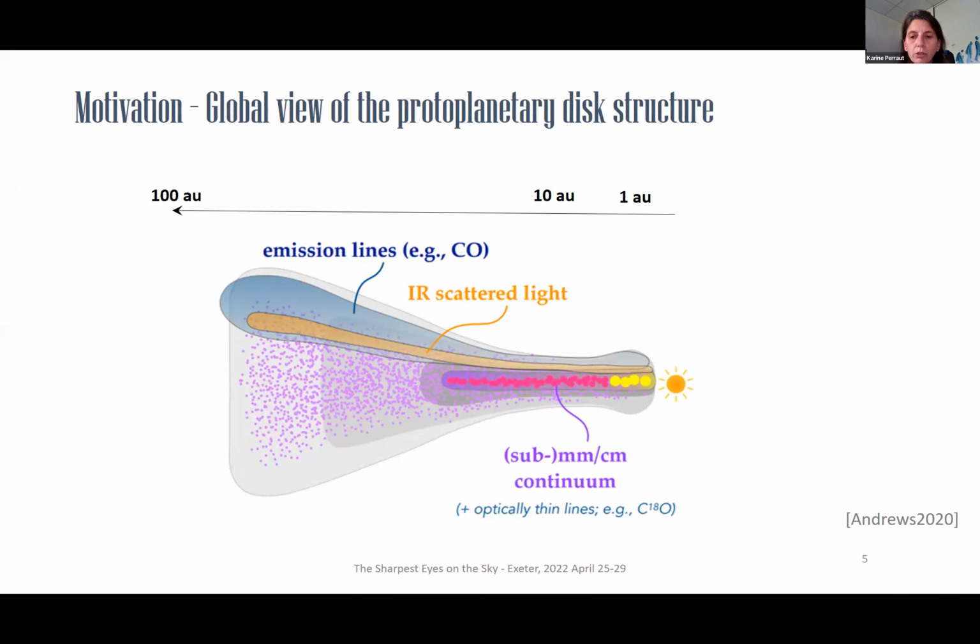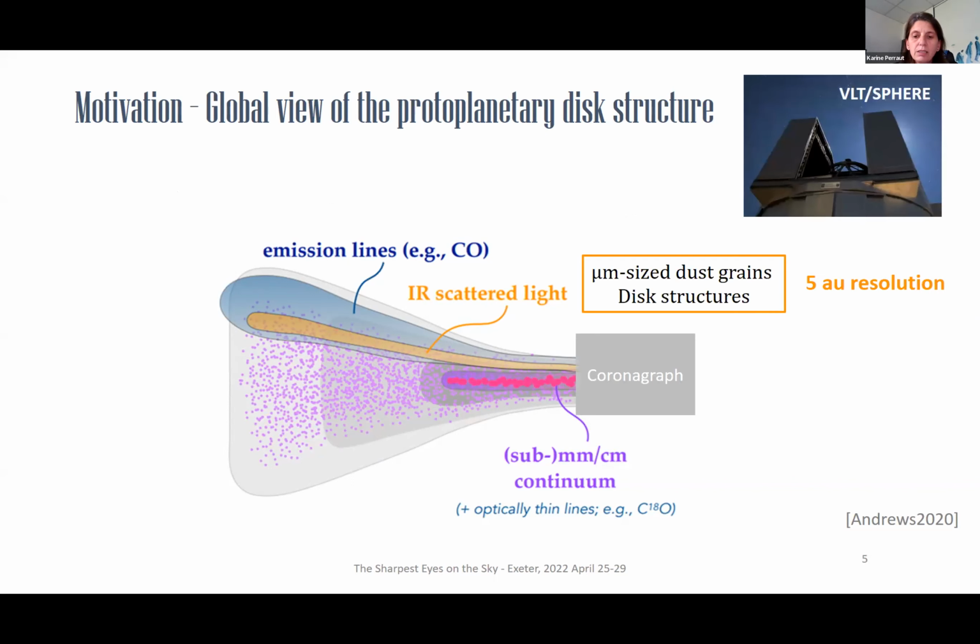So starting from the outer disk, which is depicted here with the gas in gray and the dust in color. These gas and dust rich regions are optically thick in the optical and in the near infrared, and the scattered light images are thus sensitive to the disk surface, as has been well explained and illustrated this morning. They are directly related to the stellar irradiation, the inhomogeneities of the surface, and obviously to the amount of scattering dust grains. The micron-sized dust grains suspended in the gas are sensitive also to the radial variation of